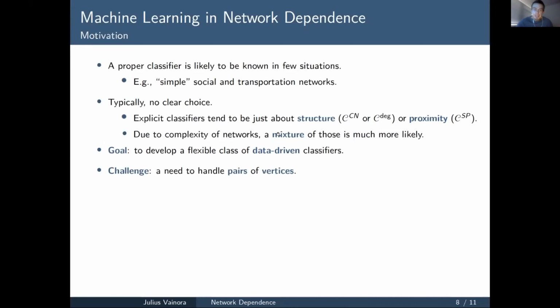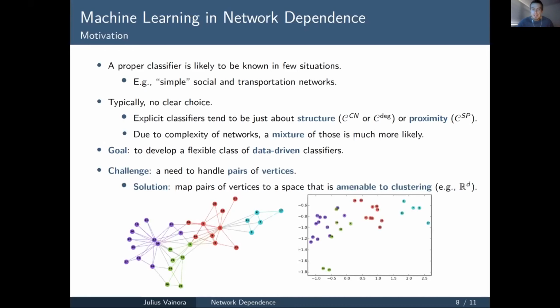But then a challenge is that we need to handle pairs of vertices, because we want to say that this pair of vertices has the same covariance as another pair of vertices. That's somewhat more challenging than clustering individual nodes. And as I said, what may seem to be helpful is to map pairs of vertices or vertices to a space that is amenable to